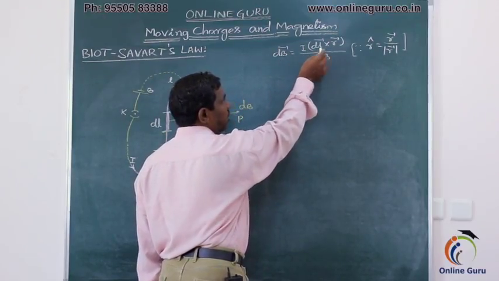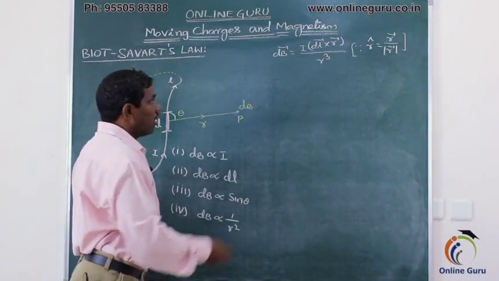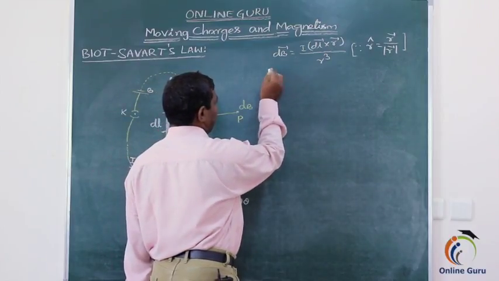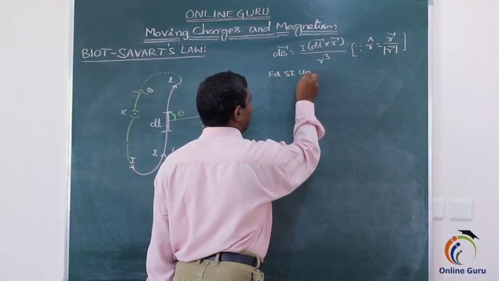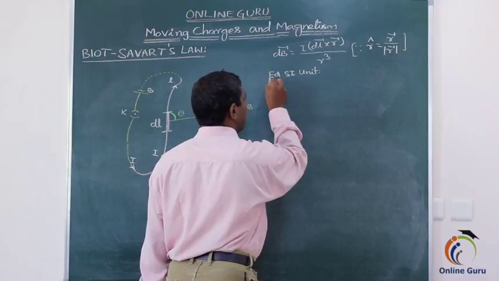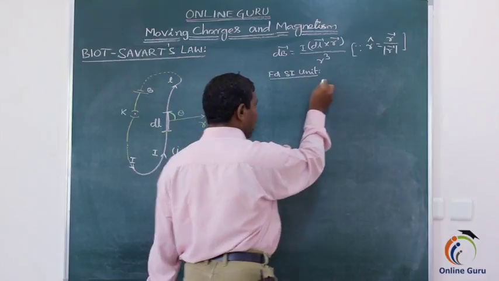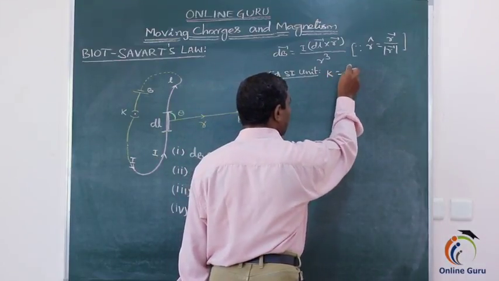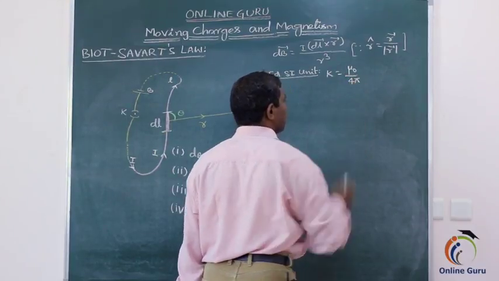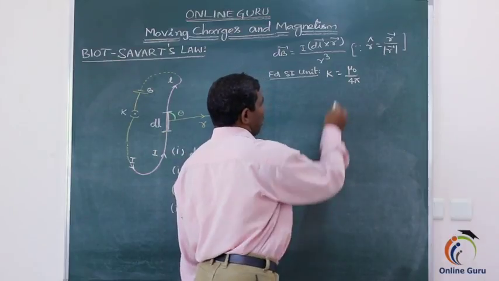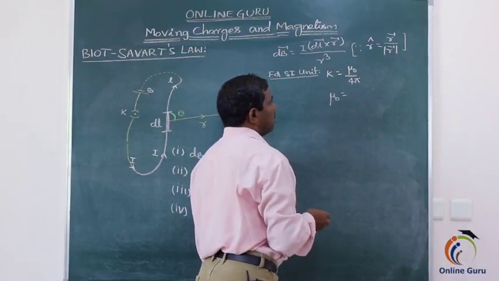dB is equal to I into dl bar cross r bar divided by r cube. Now we can write it in SI units. For the SI system of international units, the proportionality constant K is equal to mu naught by 4 pi. Here mu naught is the absolute permeability of a magnetic